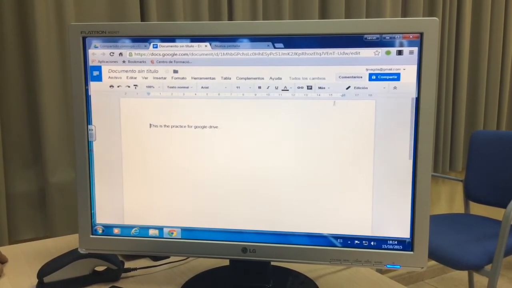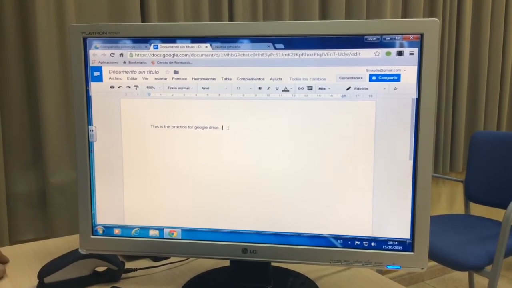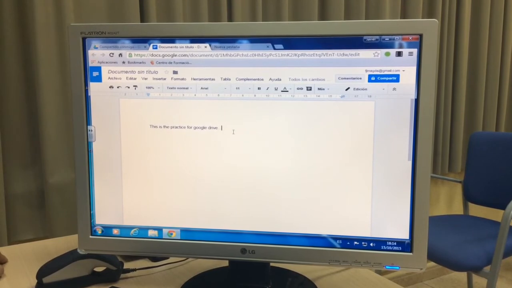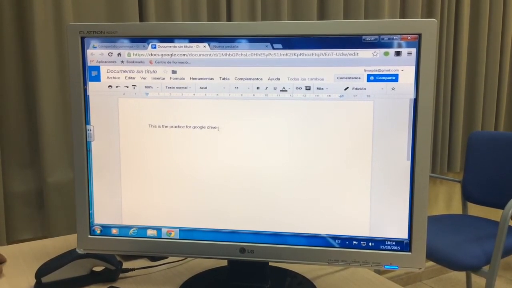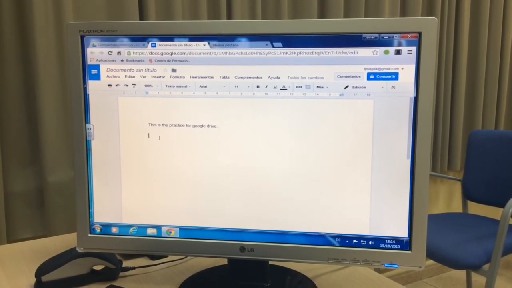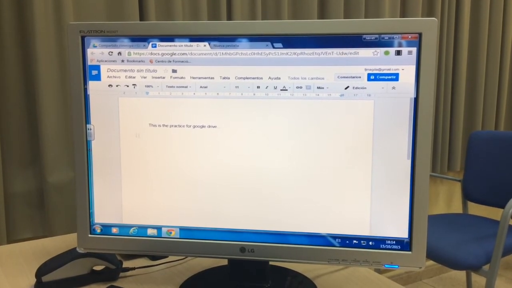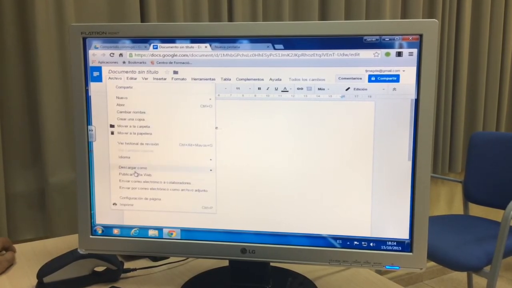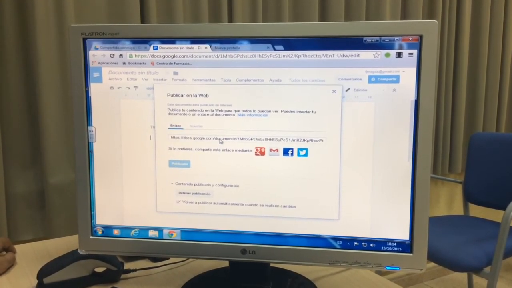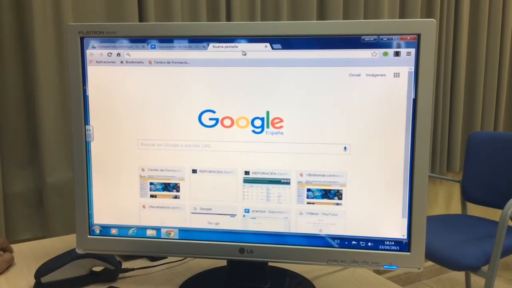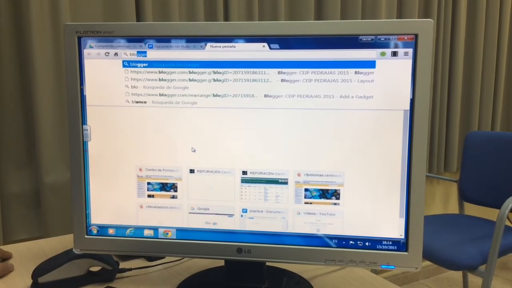So imagine that, for example, we have a list of irregular verbs. We just copy and paste here, and then our students can have access to this web page because they have a link. If we have a Word document, it would be in your computer but not in the cloud. That's why Google Drive is so interesting for education. So once we have this publicar en la web and this link, then we can copy this and insert it in our blog. So if we go to Blogger,